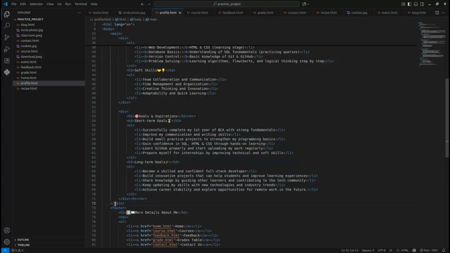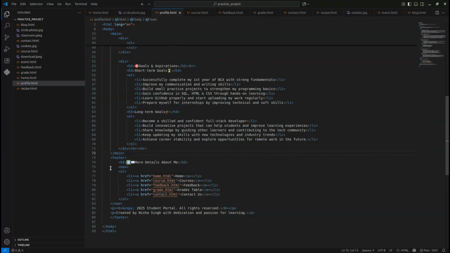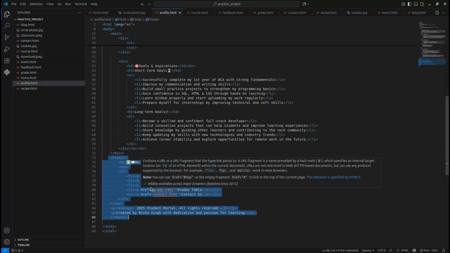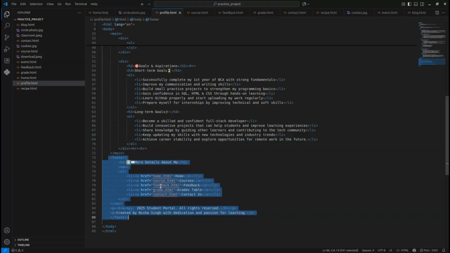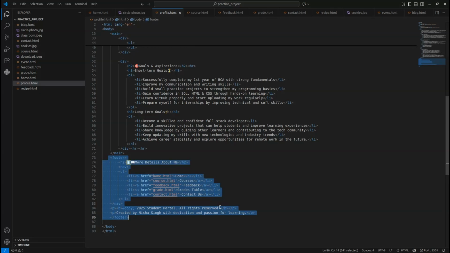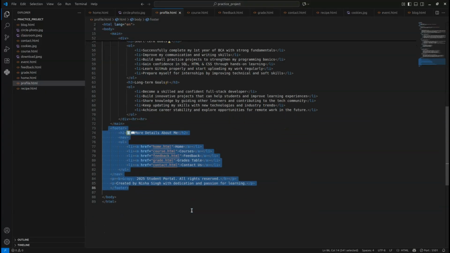Footer section. At the bottom, I use the footer tag to define footer content. It includes an H2 heading, navigation links inside nav with UL and LI elements, and hyperlinks A to other pages. I also added P tags for copyright and creator information. Using footer instead of a generic div gives semantic meaning, indicating this is the page's bottom section.